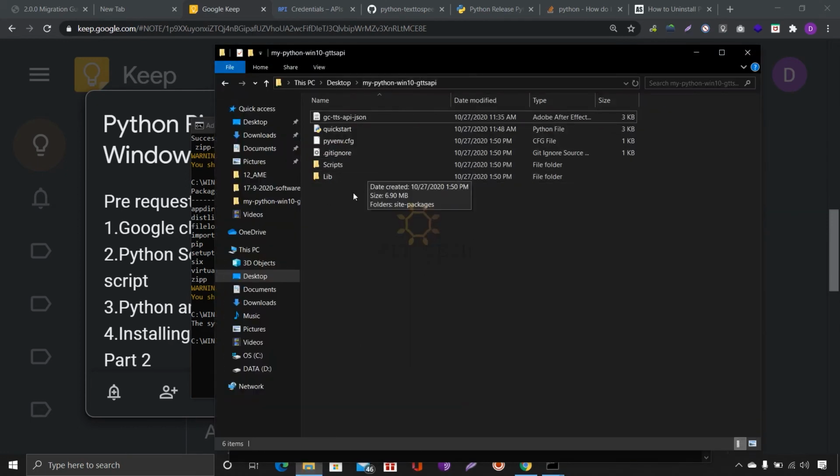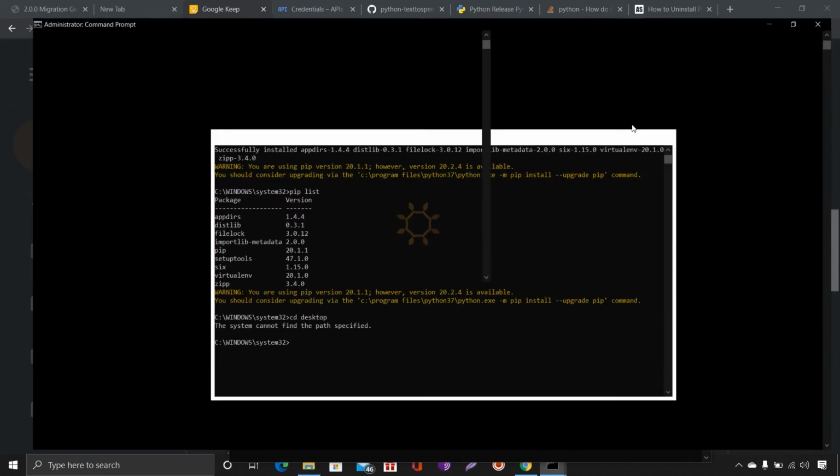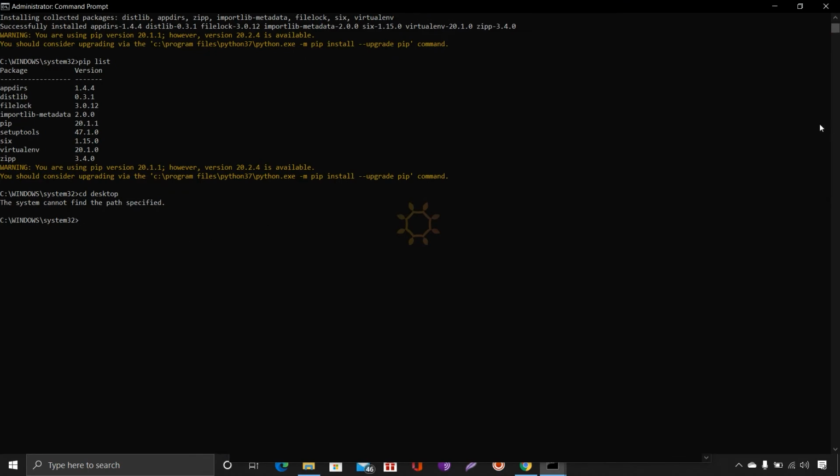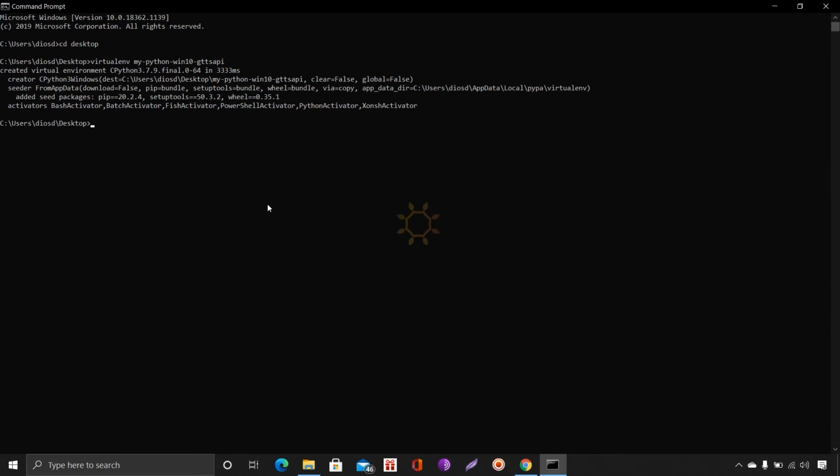Previously there were only two folders. Now it has installed all the required libraries. Before installing any Python libraries, we have to activate this virtual environment by typing this folder name, then Scripts.